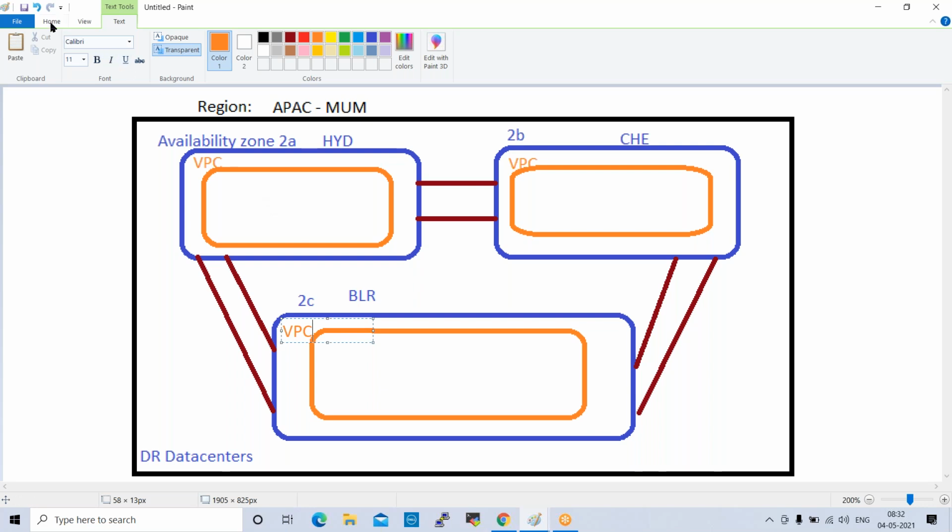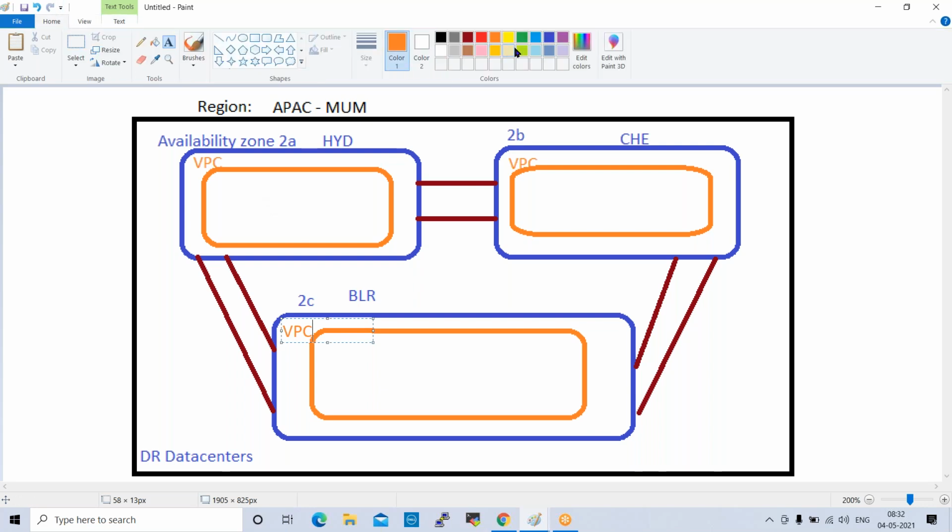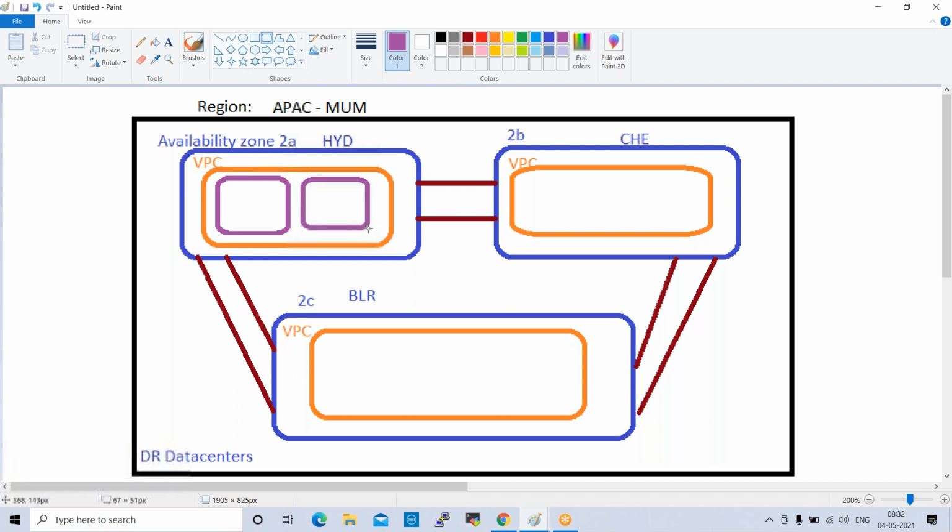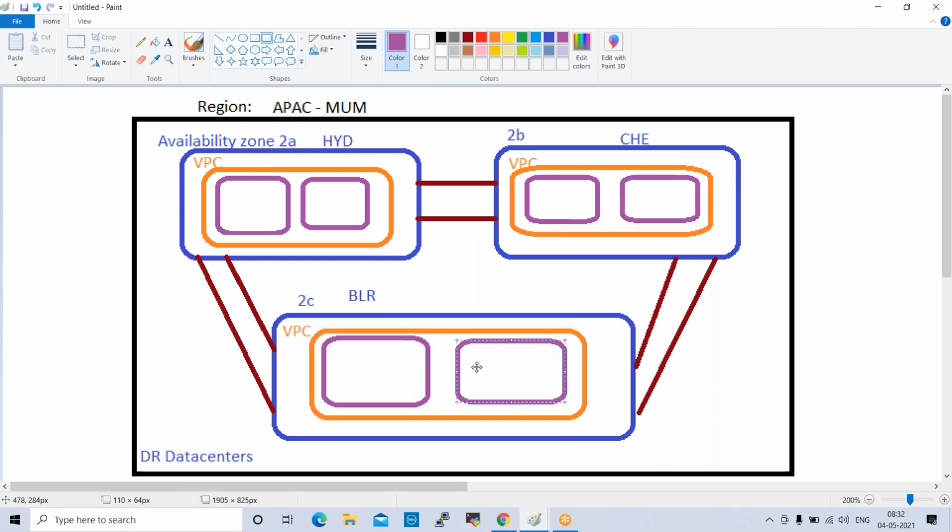Under this VPC, we will create different subnets. So what is a subnet?